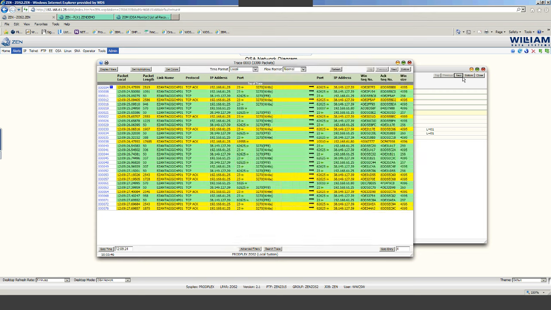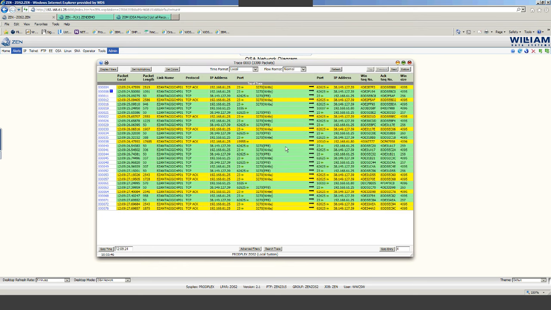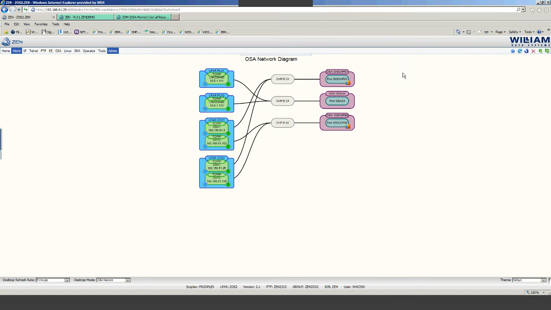I won't go too much into this, but it's to show you that ZEN has a bunch of components, and all the components really link together to make a single system where you can do everything from within one panel or one interface into the system, without having a look at a whole bunch of different screens, logging onto TSO, into ISPF and things like that. So that's the actual